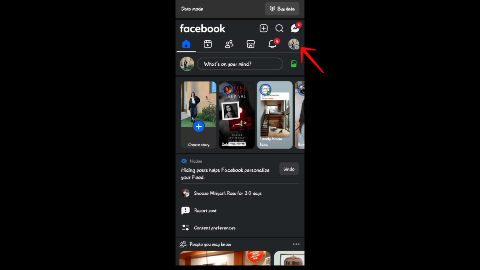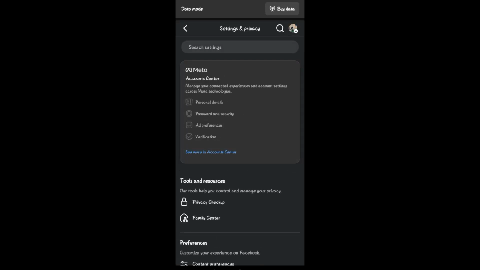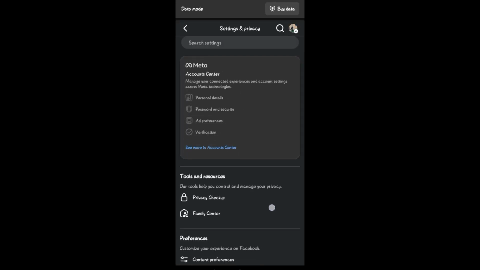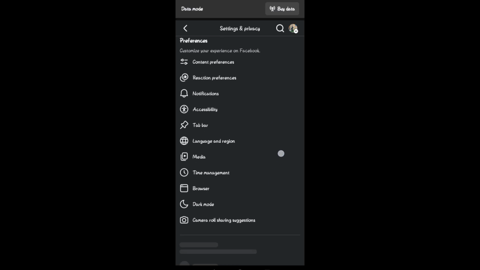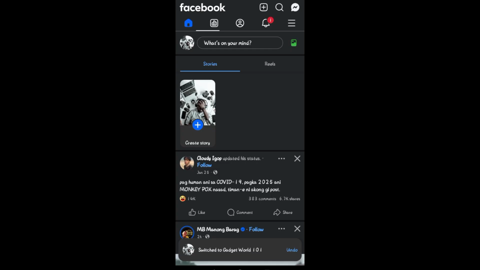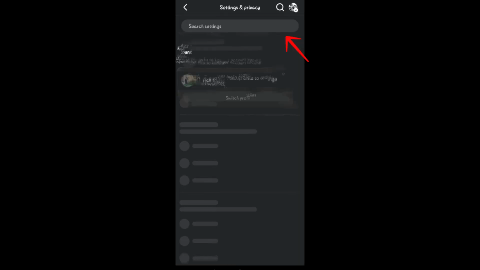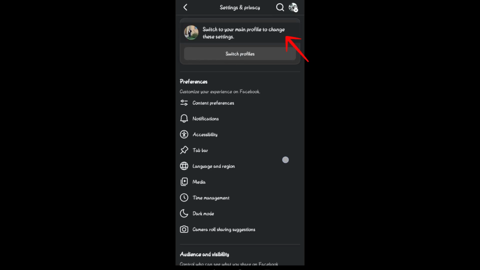And then here you have to tap on your profile at the top right corner. And then you have to look for the page setup or page details. But if you can't find it here in your settings and privacy, then the tendency is that you haven't switched your Facebook to your page. So you have to make sure first that you're using your page right now, or switch to your page. Tap on the three lines, tap this gear icon,